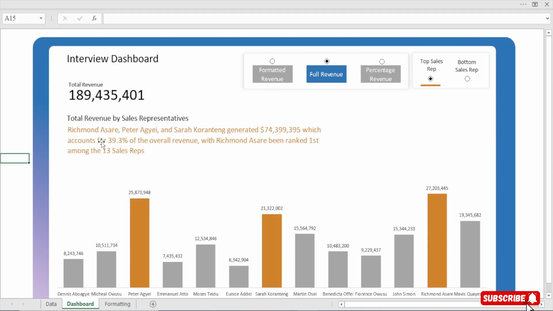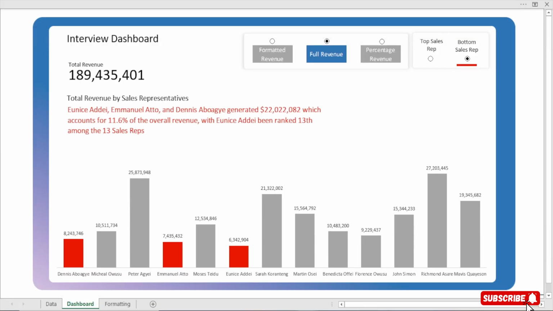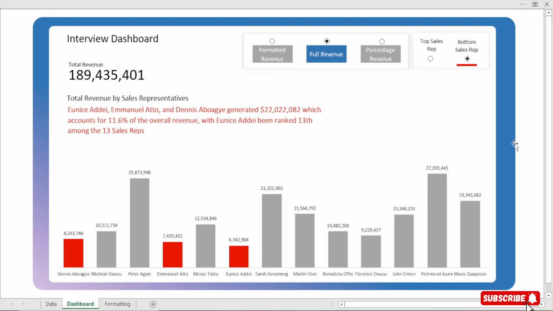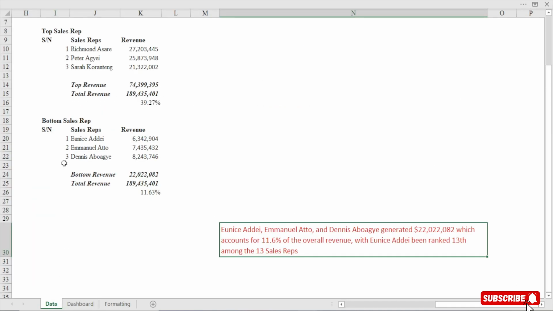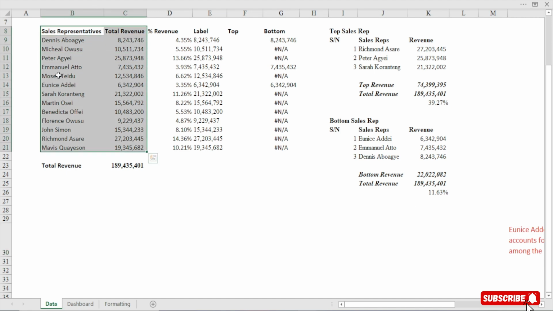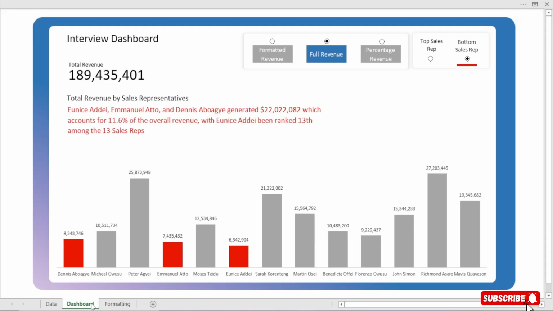So let's position it. Perfect. So this is what we have, right? So when you change it to 2, do you see the color? When you change it to 1, you see this is what we have. Perfect. So now let me turn off the formula bar, and this is what we have. When you present this to the interviewer, or the hiring manager, I bet he or she is going to employ you, because they just gave us this data, and see what we've been able to turn it into.